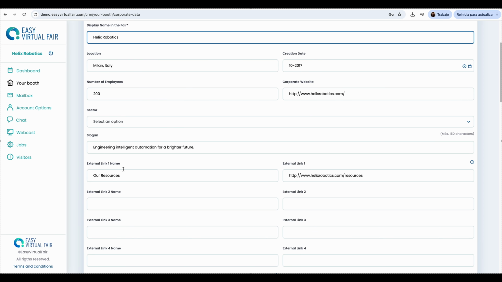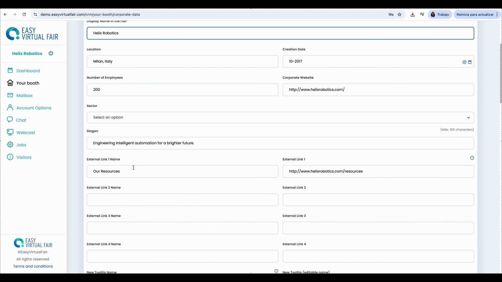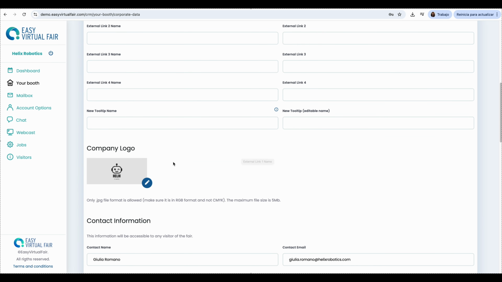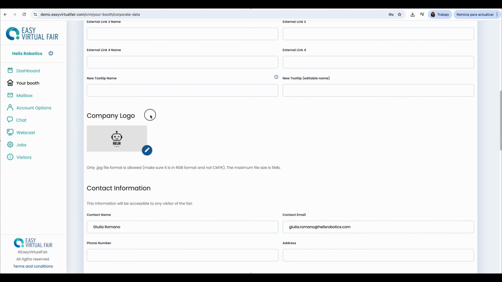You have all this information that you can add. And then down here, if you scroll down, you have your company logo. This is the second most important item that you need to focus on. This will be the main image for your booth. So you need to upload the logo that you want the attendees to see when they look for your booth. I'll show you how to